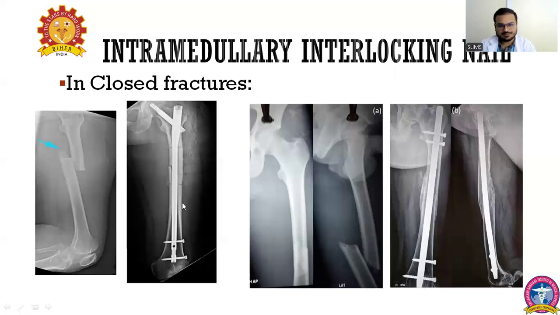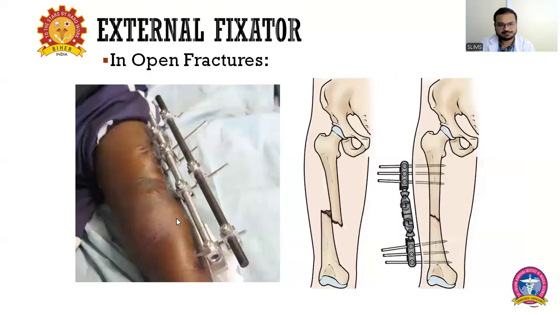So the site of the shaft of the femur also decides the type of intramedullary device which we use for the fracture. Open fractures are a totally different case. In case of open fractures, we classify them with the Gustilo-Anderson classification. Type 1 is a wound of less than 1 centimeter, and type 2 is a wound of 1 to 5 centimeter, and type 3 is more than 5 to 10 centimeter,